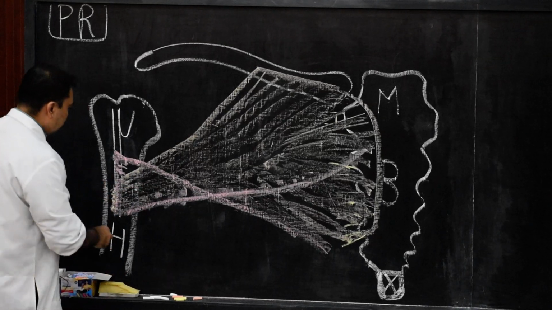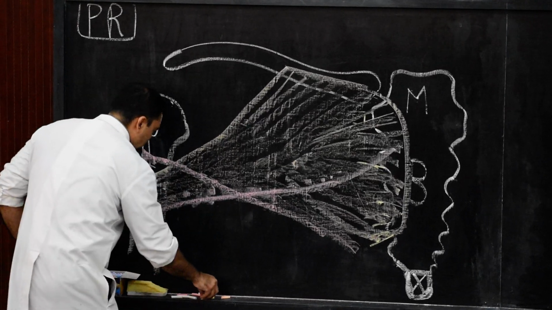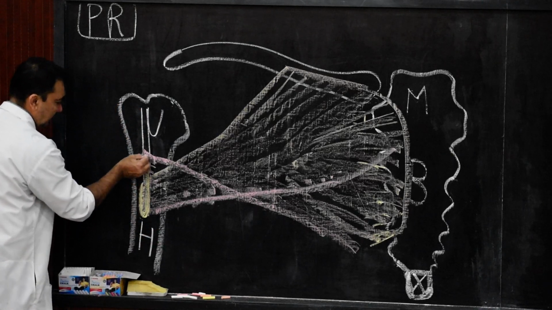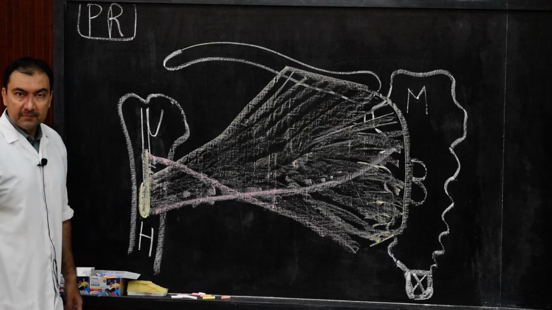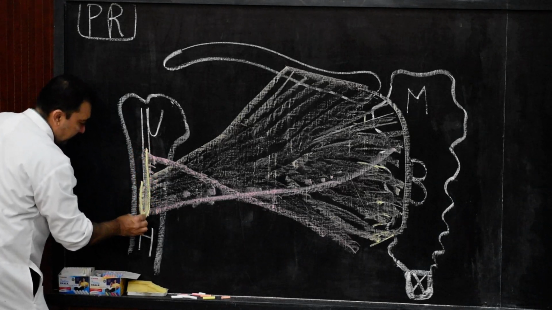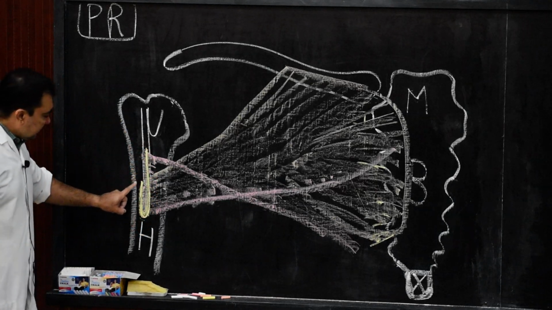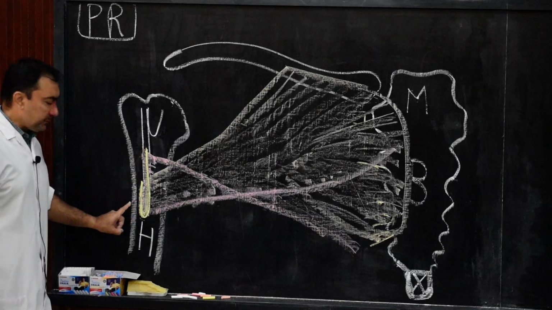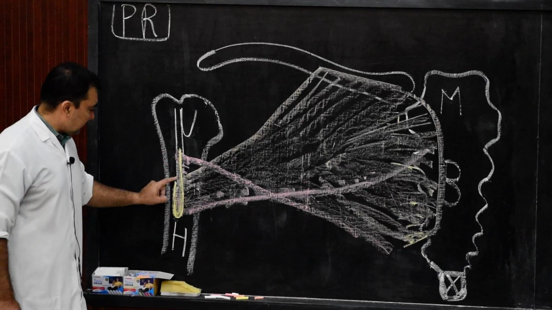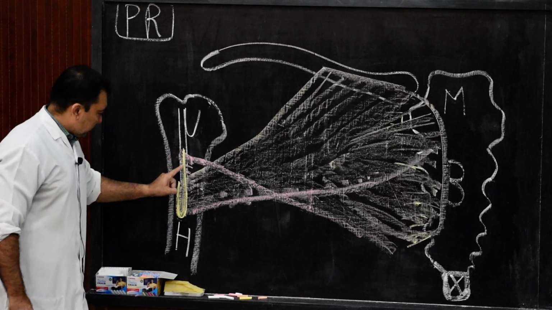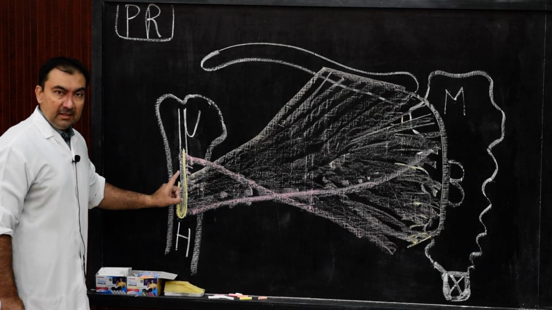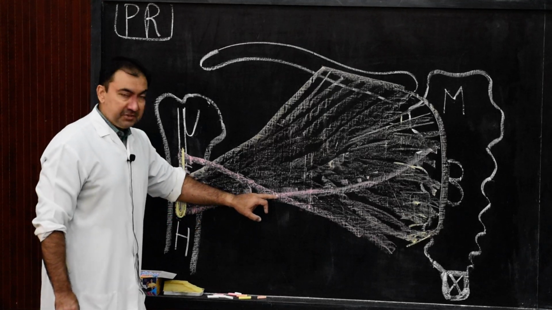So it will be twisted. Remember one thing, anterior and posterior lamina. Now both these lamina are continuous in a U-shaped manner. This is the anterior lamina, this is the posterior lamina, and they will be continuous at its lower margin. So the insertion, see the yellow line, the insertion of pectoralis major will be a particular U-shaped insertion. What is important is this posterior lamina.